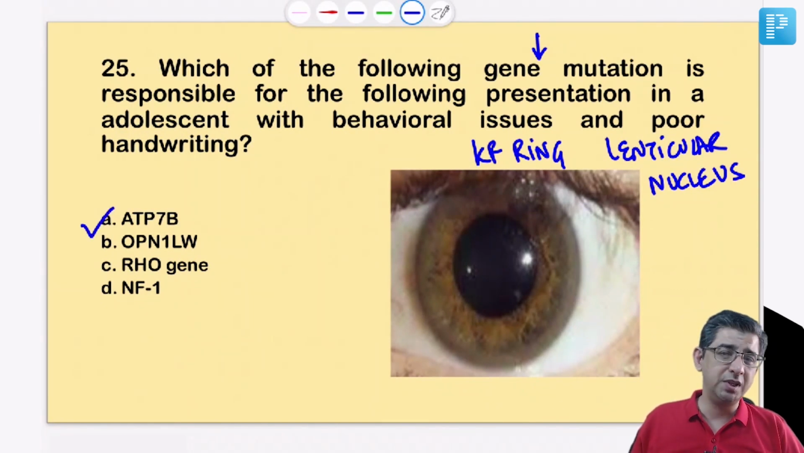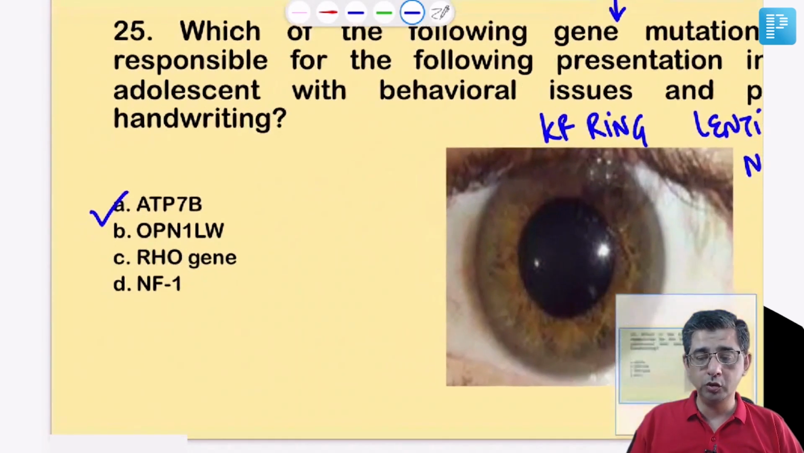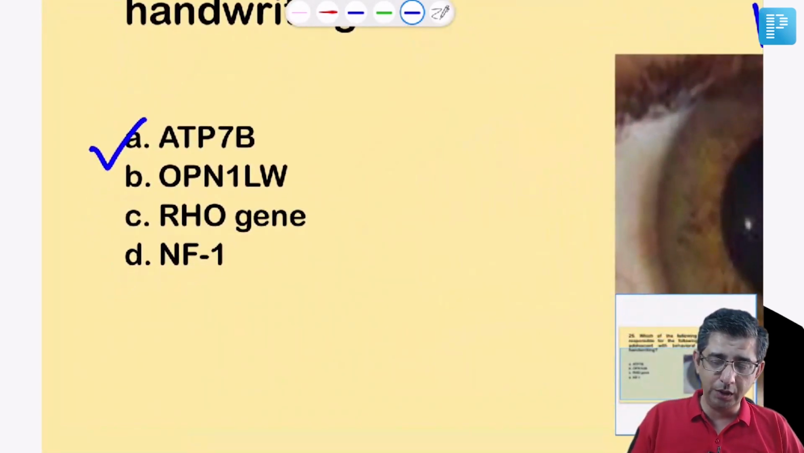Somebody said ATP7A also, but that is for Menkes disease, and my students did not tell me about ATP7A, so I've not put it. And for those of you who are listening to this right now, just a bit of